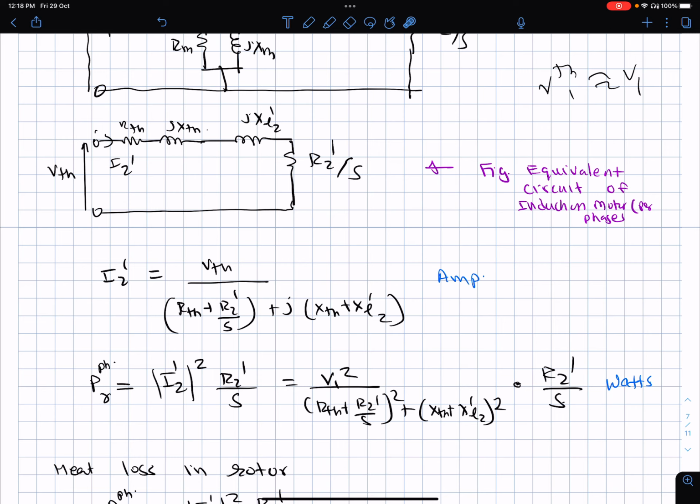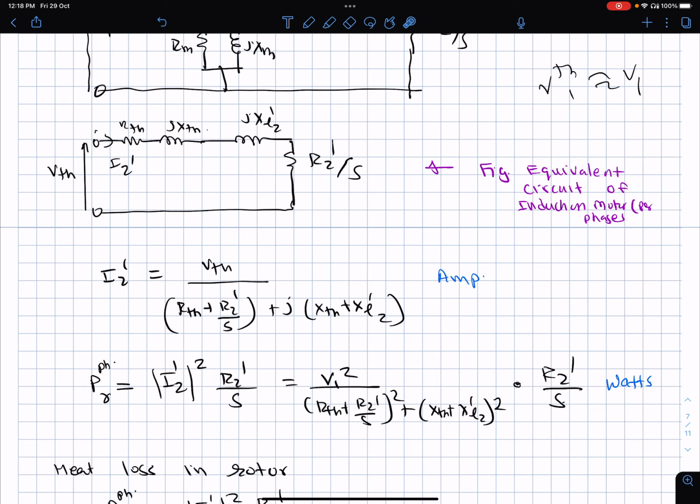be thought of as a generalized transformer. The geometry of the induction motor, three-phase induction motor, is very different from the geometry of a three-phase transformer. But on both sides, there is a three-phase primary and three-phase secondary coils. In the transformer, however, the construction, whether it is core type or shell type, is such that there is no rotational movement possible.